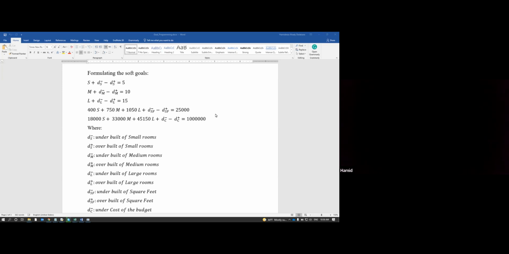If you have overbuilt, say you make 7, VS would be minus 2. If you build 3, VS would be 2. So when you have overbuilt, your VS would be minus 2, and